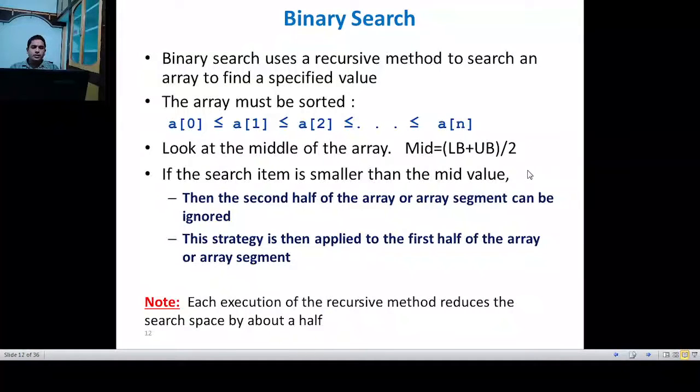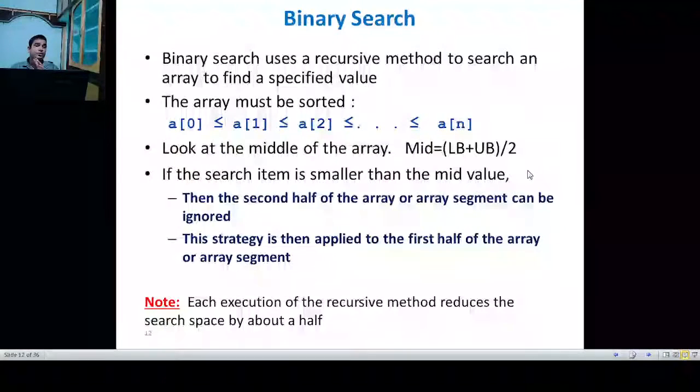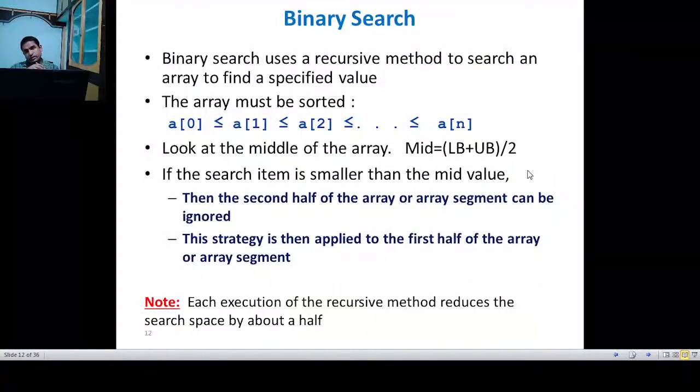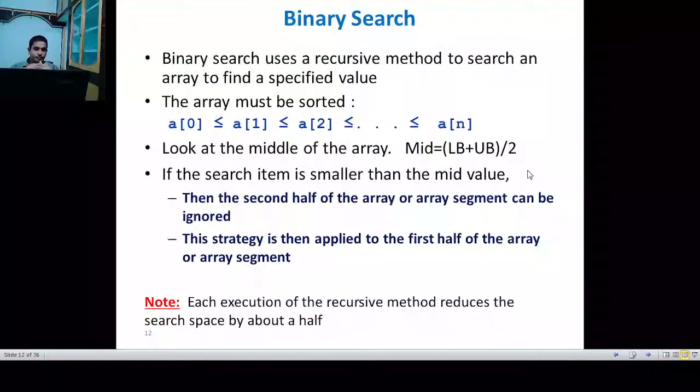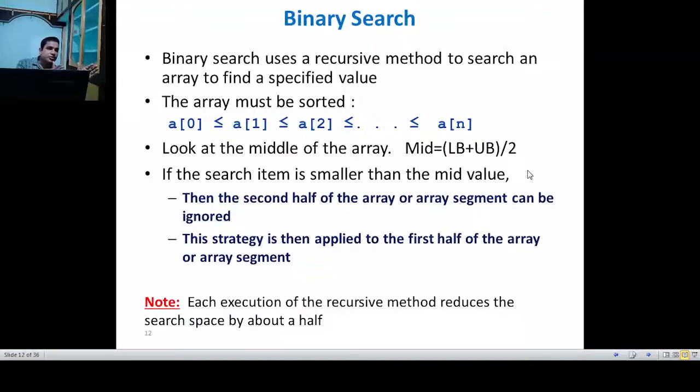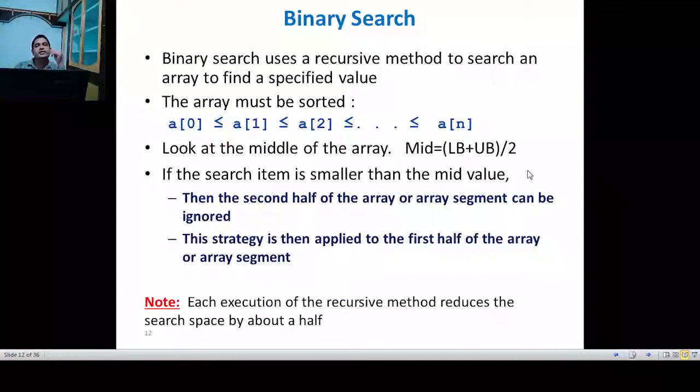So you need to understand here that in every step the search space, or the number of comparisons, is reduced by half as compared to the linear search, right? Each execution of this recursive method reduces the search space by about half, because when the element is larger than the middle, you are only searching in the right hand side, so you are leaving the left hand side part of the sorted array.